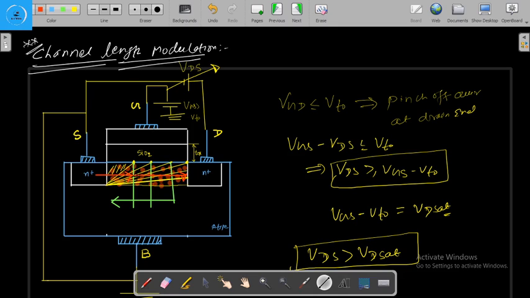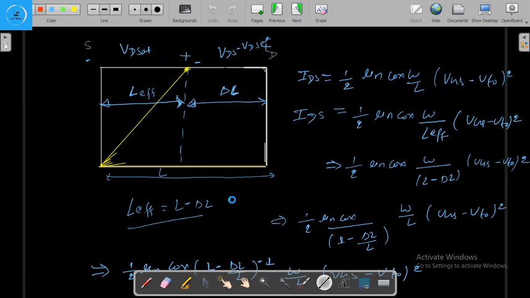So when the electron is coming from the source end at the channel end, and beyond this channel, in the depletion region, it experiences a large electric field, and due to that large electric field, it gets accelerated in the depletion region and reaches the drain end. And we have seen